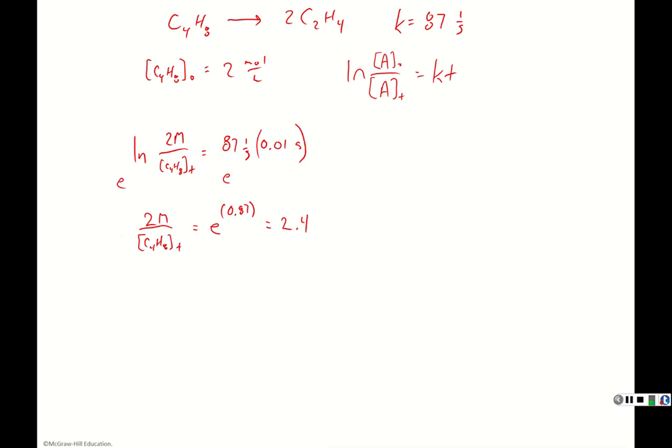Right, so now we need to solve for our concentration. Our concentration of C4H8 at time t, which is 0.01 seconds, is going to be equal to 2 molar divided by 2.4, which will be 0.83. So that was part A. Okay, part B,